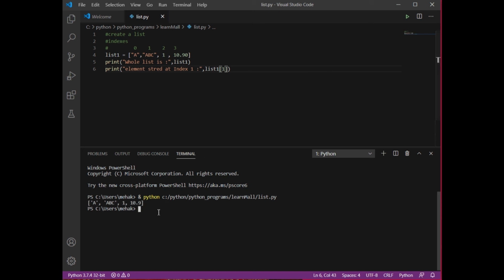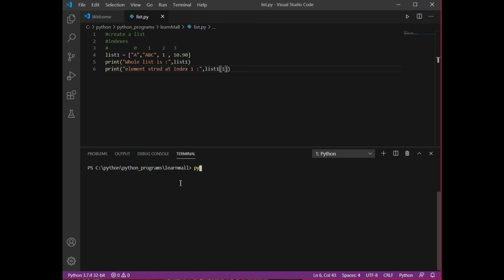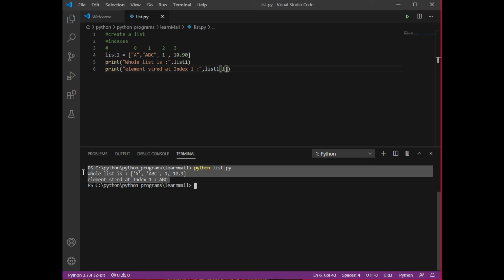Let's move to that particular folder first, and now I'm going to write python list.py. So see, it is giving me only one element, which is stored at index 1. Similarly, let's say I'm displaying another element, the element stored at index 0.